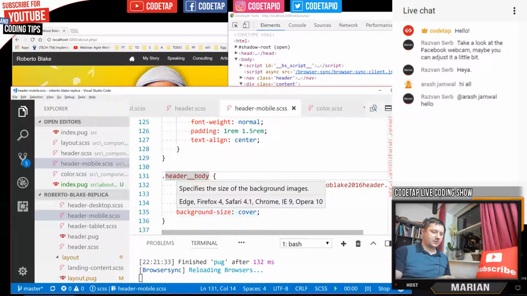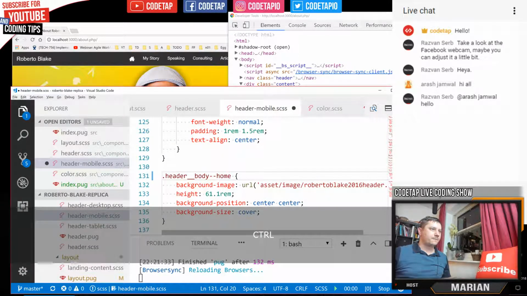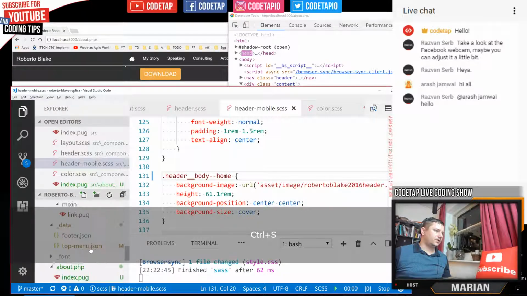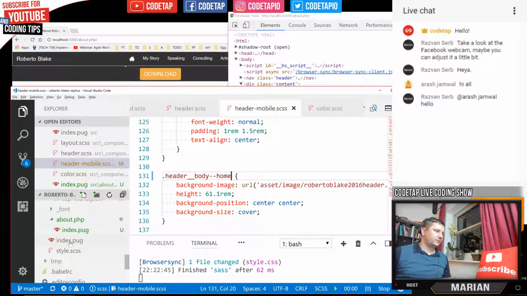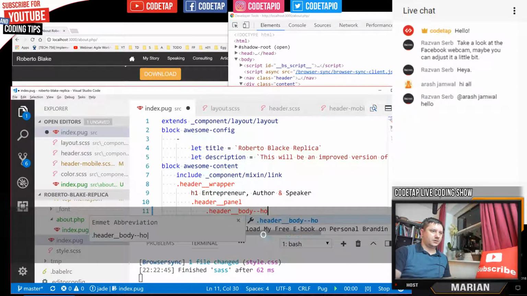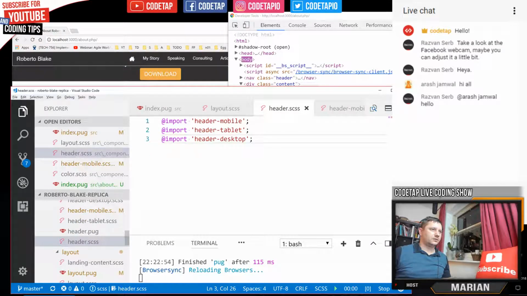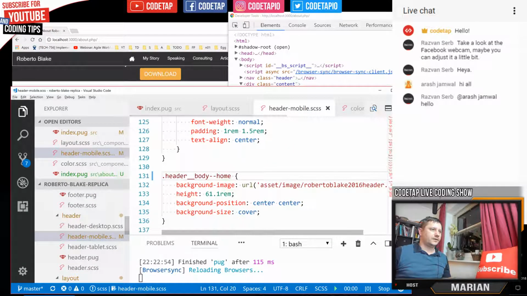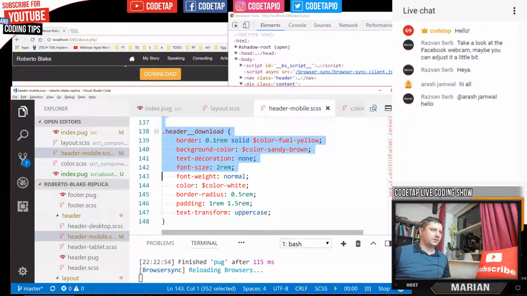Let's make this header body home. Okay, and then if we go on index PUG, we want this header body home, and then we don't need this, and duplicate this part over here. Come on, just this part,